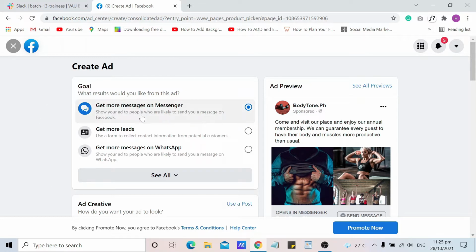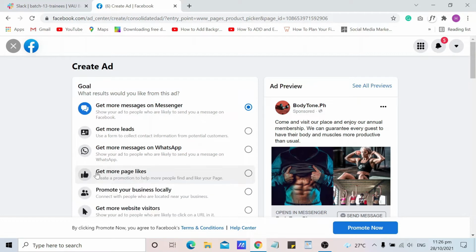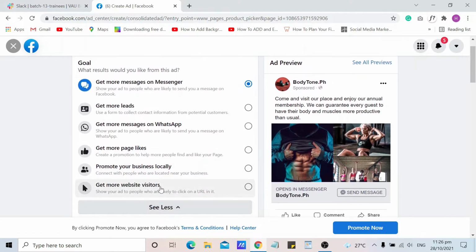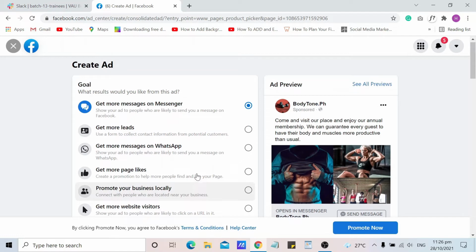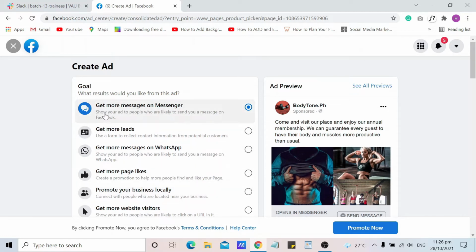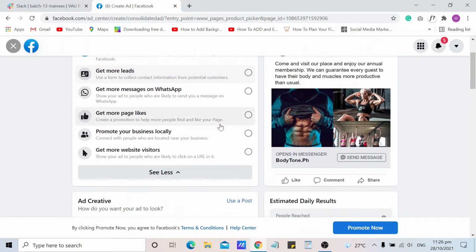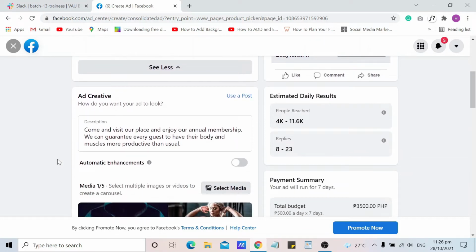You can choose the goal: get more messages on Messenger, get more leads, get more messages on WhatsApp, get more page likes, promote your business locally, get more website visitors. On my end, I will choose this, get more messages on Messenger. And you can write the description here.